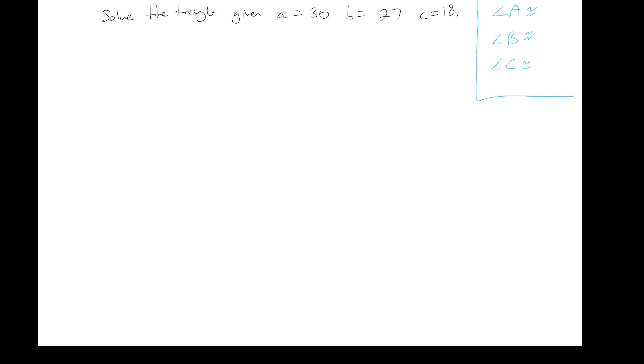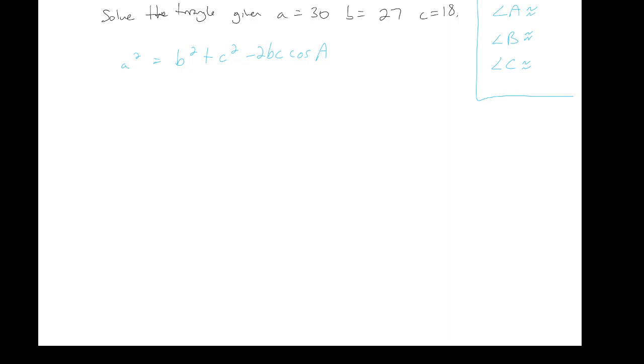Let's find across the longest side. Let's find angle A. If we're finding angle A, we're going to find this in terms of a squared, right? So it's going to be a squared is equal to b squared plus c squared minus 2bc times the cosine of angle A, right? And I know that this and this are related, right? So just kind of as I sit here and memorize this,